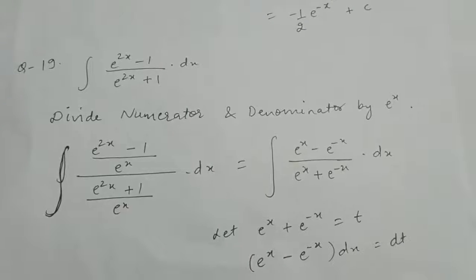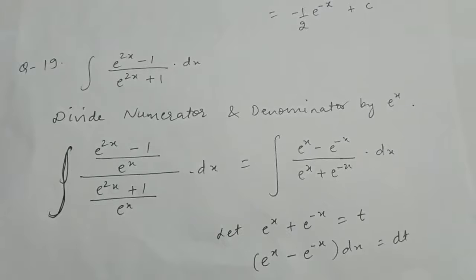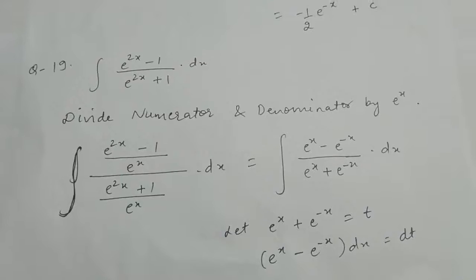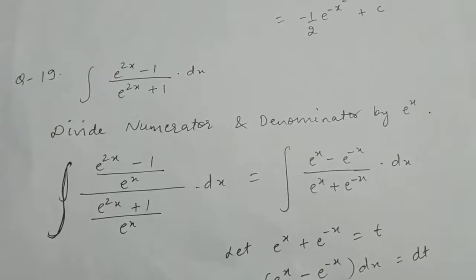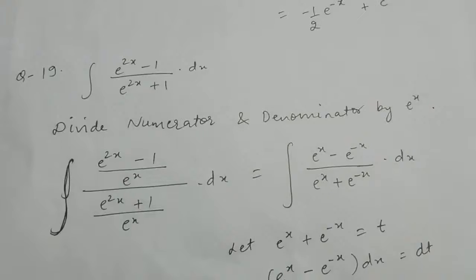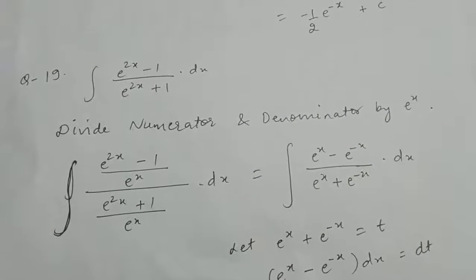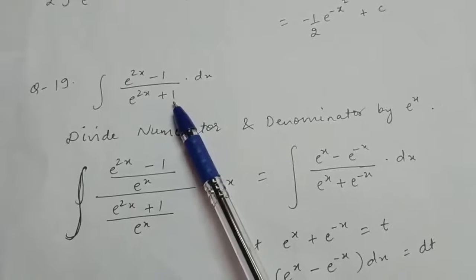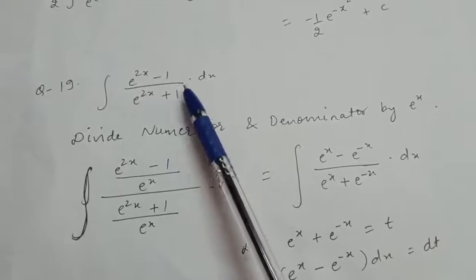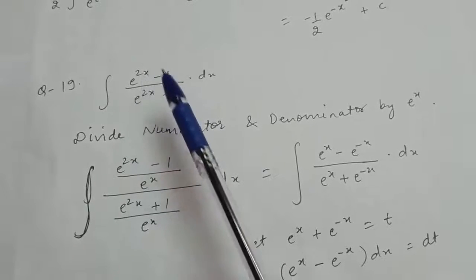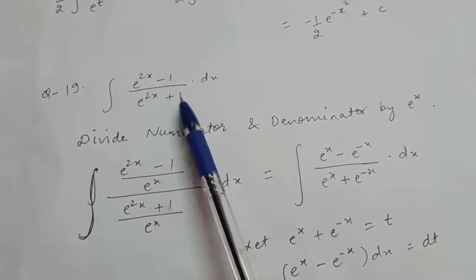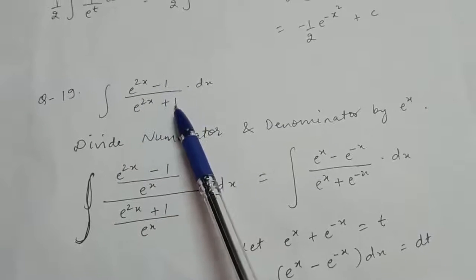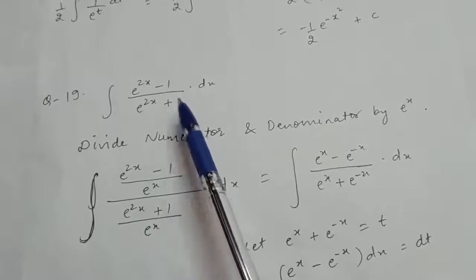Now see, there are some functions which cannot be integrated directly. Also no terms of those functions can be put equal to t. So we have to make some changes in the given function to calculate the integral. Question 19 is one of them only. You cannot directly integrate this integral, right? Also, if you put any term of this function equal to t, you will not get any result. Therefore, we will try to change this function in a way so that it can be integrated, right?